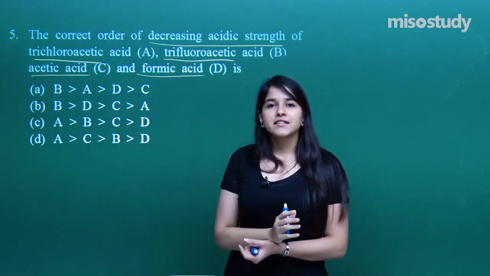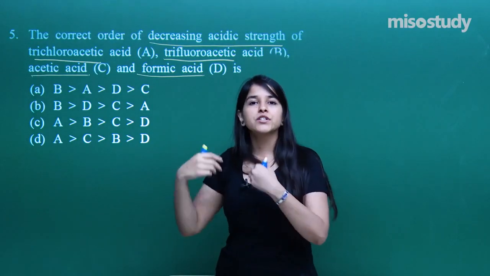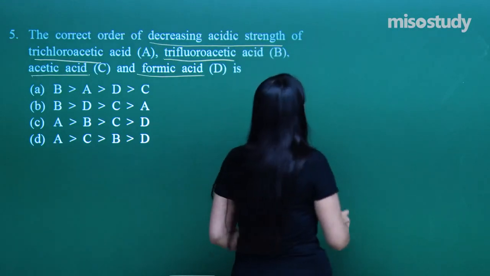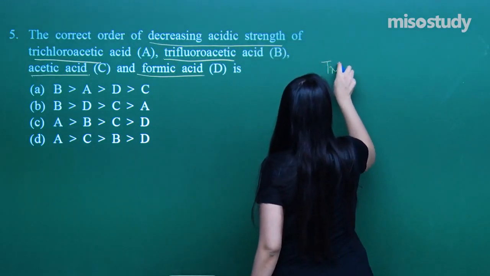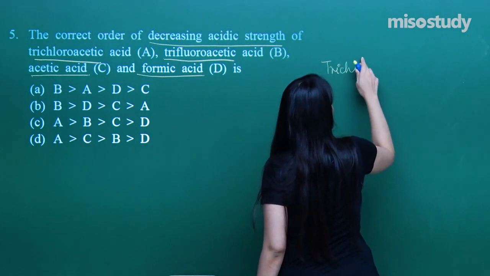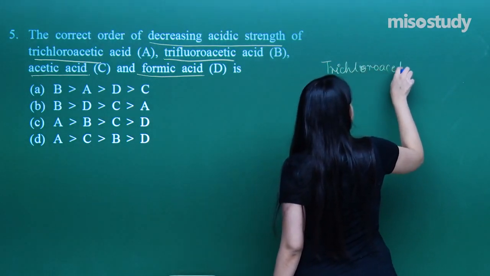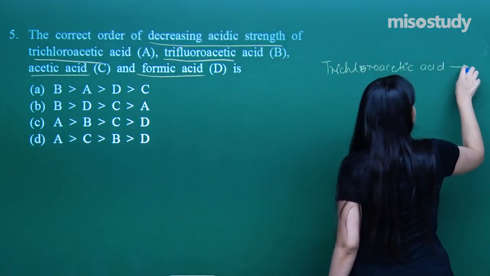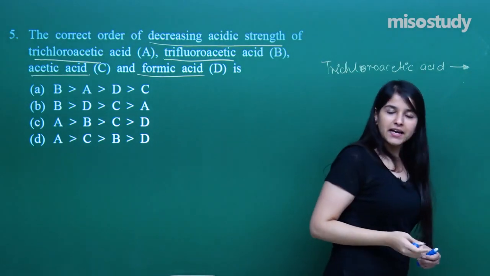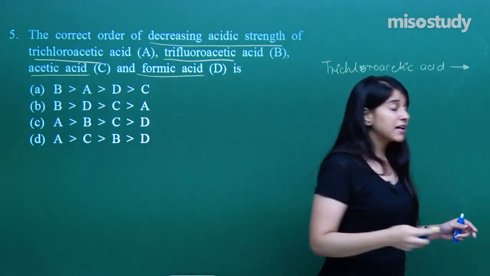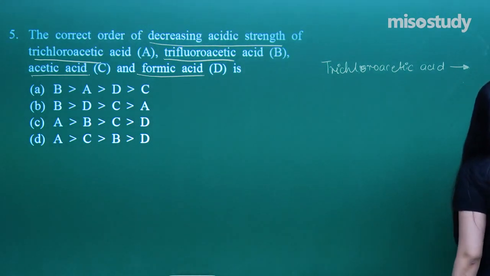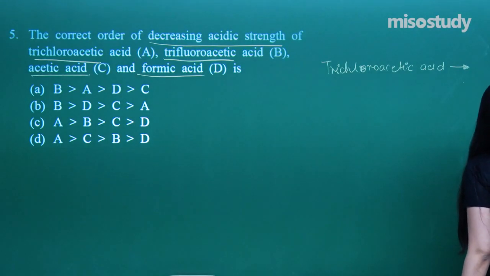How do we judge the acidic strength over here? The one which gives off the proton very easily. So that is how we are going to judge, that is our approach. So first let us draw trichloroacetic acid, which will be, I need to draw the acetic acid then instead of the methyl group that is present. So let us just have a structure first, then I will explain you what I am telling you. So that is the acetic acid.